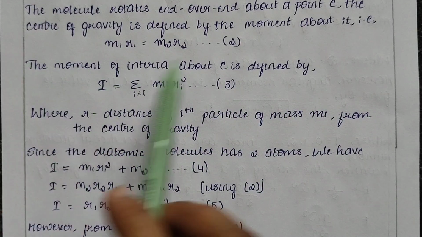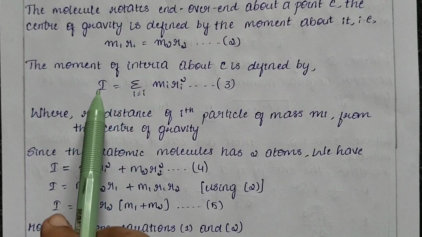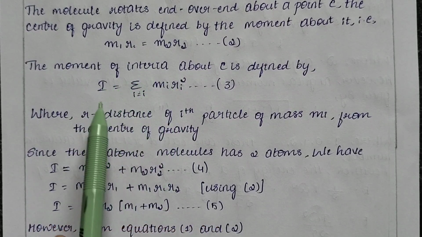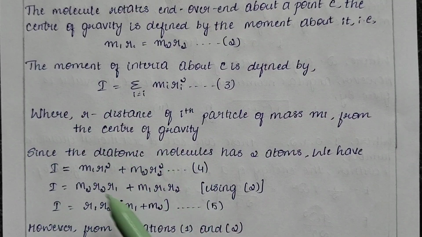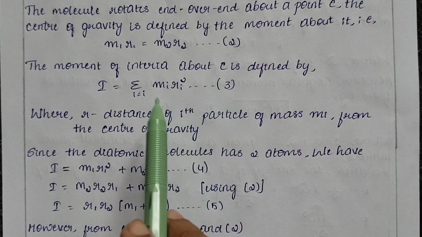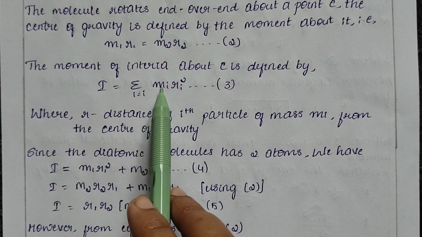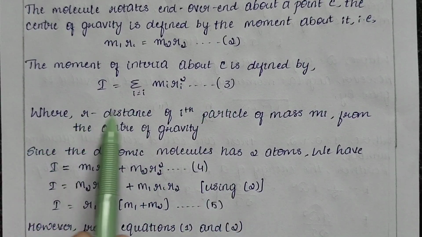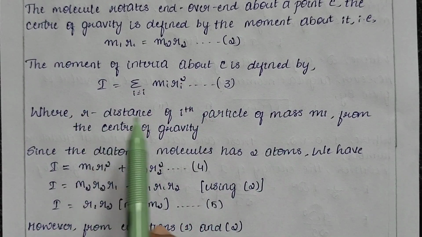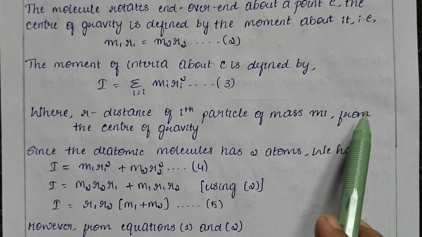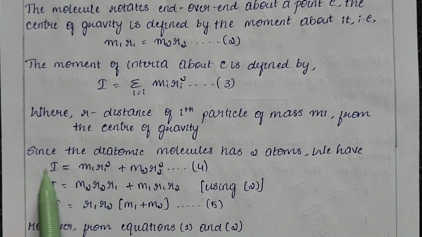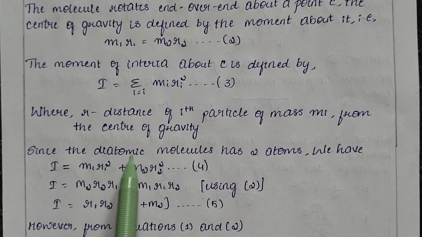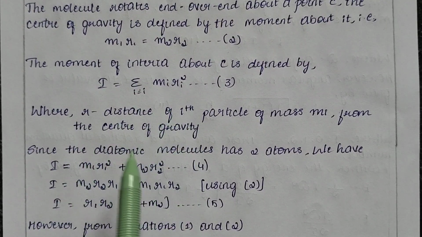And from the definition of moment of inertia, we got to know I is equal to summation of i to n, since we are considering multiple rotations, m_i into r_i square. Let us consider this as equation number 3, where r_i is the distance of the ith particle of mass m_i from the center of gravity. And since the diatomic molecule has 2 atoms, which form a molecule,